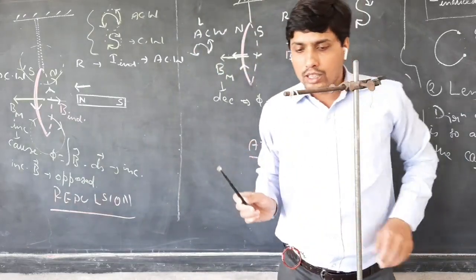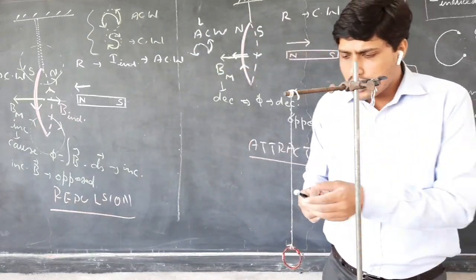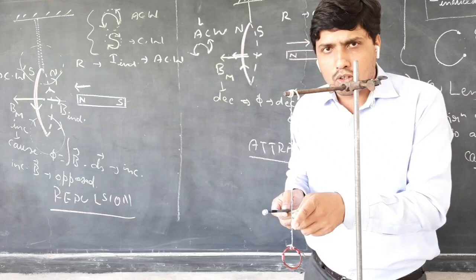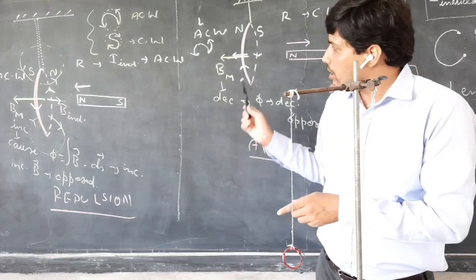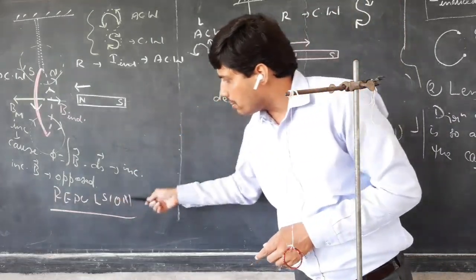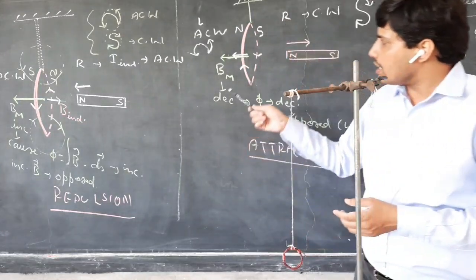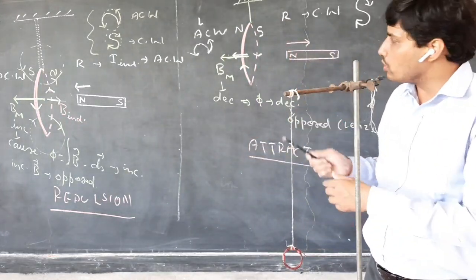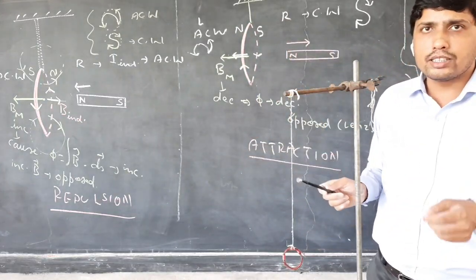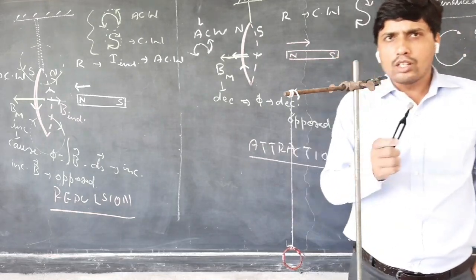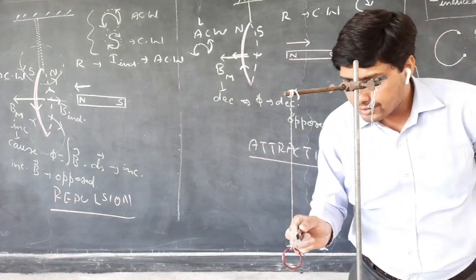As I have explained here, now this coil is at rest. I would just push this magnet into the coil and then I will take it out. I'll repeat this. So one time you should expect repulsion as I bring it closer, and other time when I take this magnet away from the coil, you should expect attraction, and the rest you can understand yourself. So enjoy this activity, students.